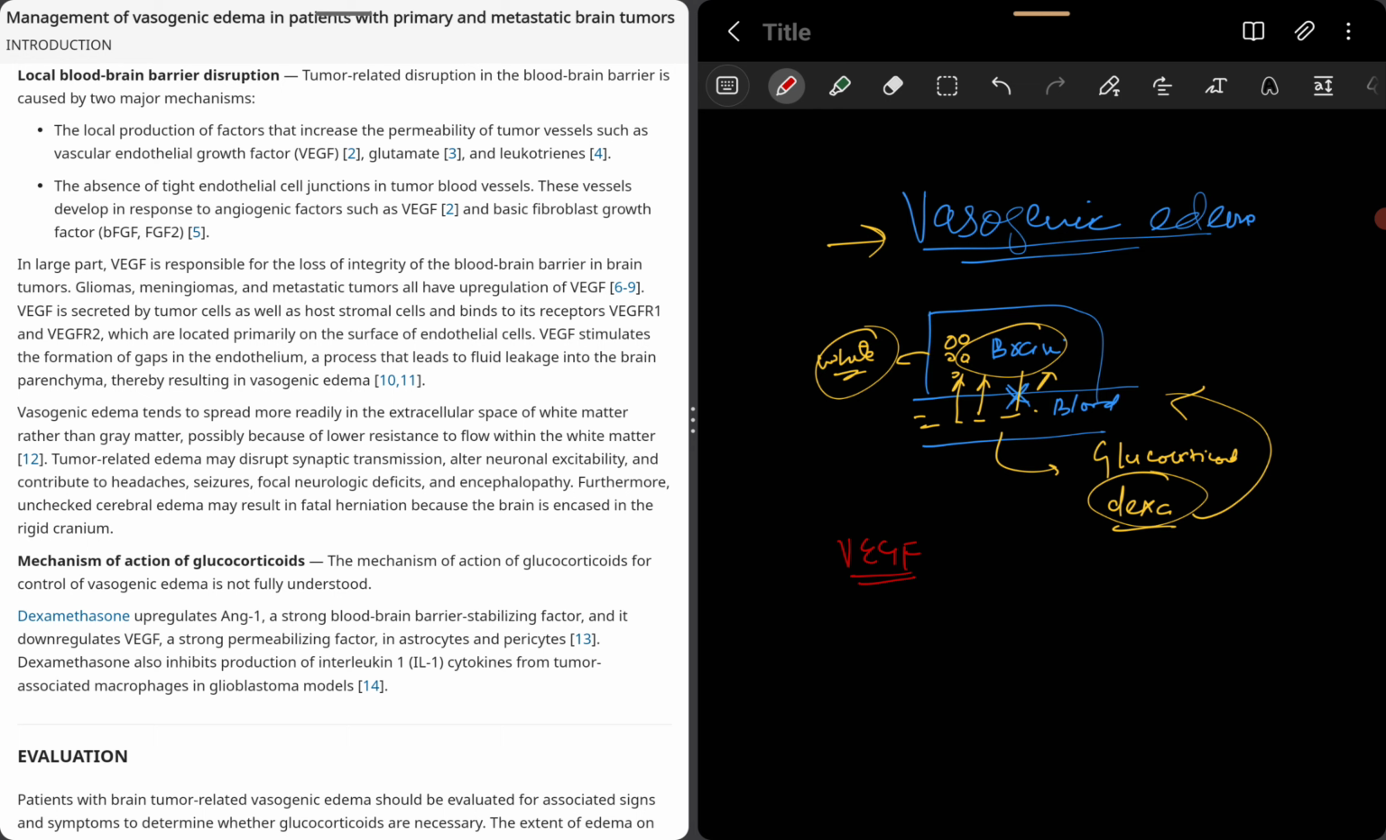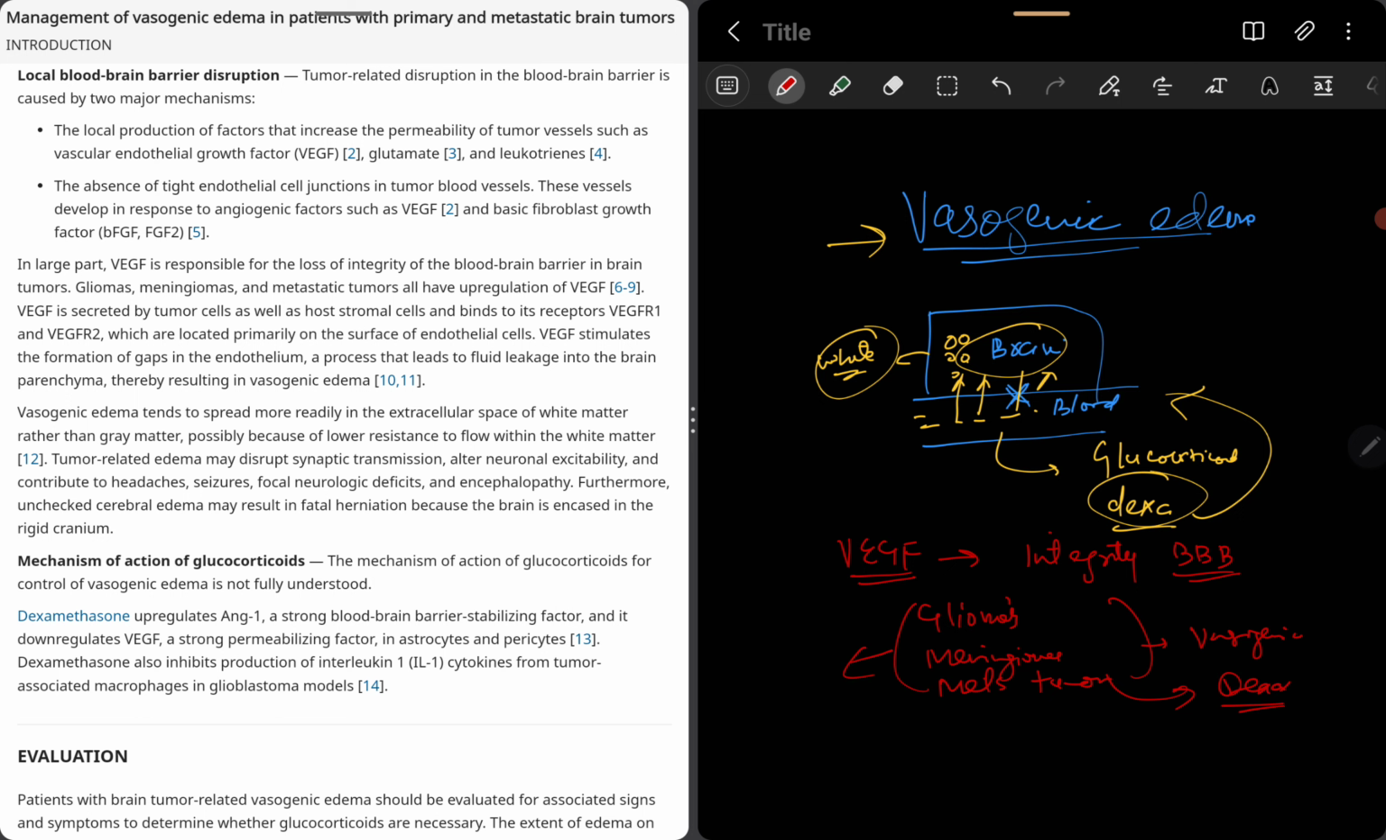this VEGF is responsible for this loss of integrity of blood-brain barrier in tumors like gliomas, meningiomas, and like metastatic tumors of brain. These are the tumors where vasogenic edema frequently develops, and you have to put the patient on DEXA prophylactically, or